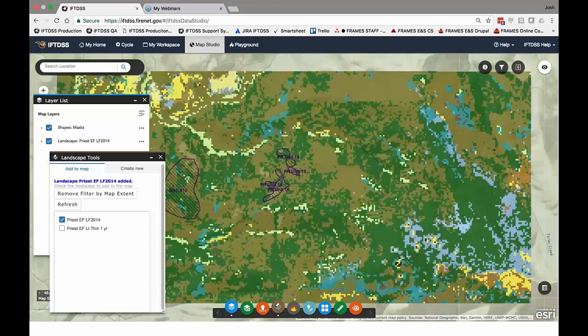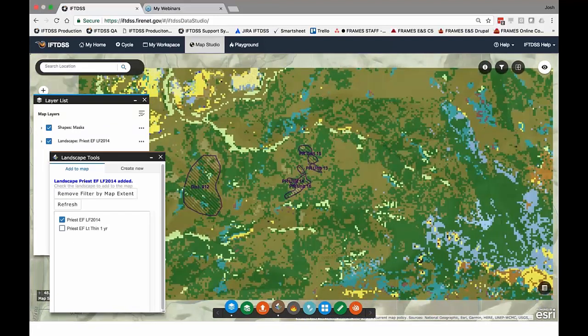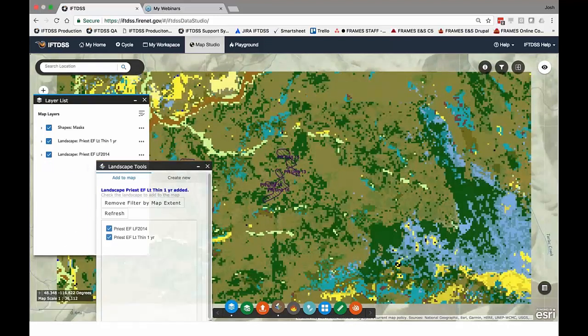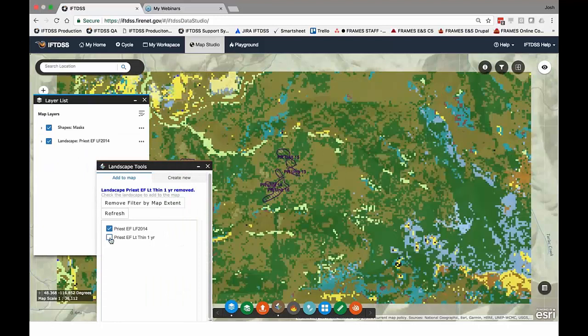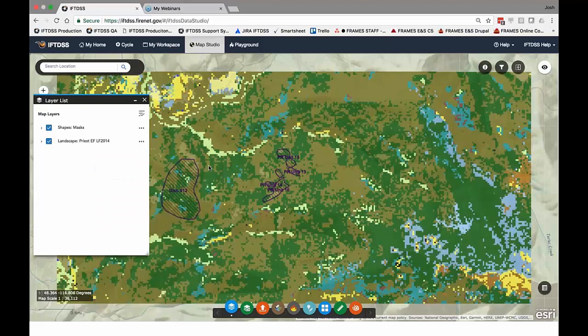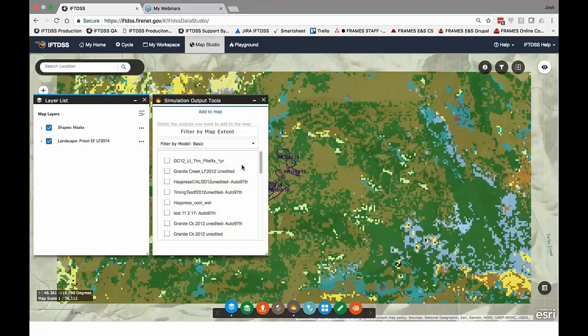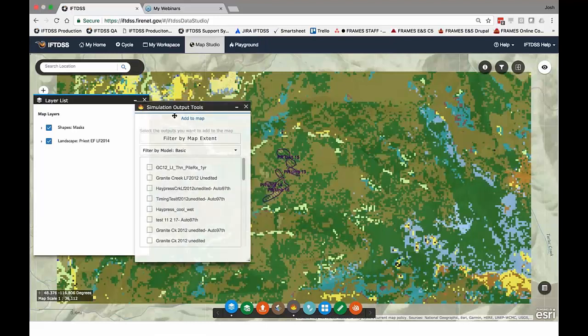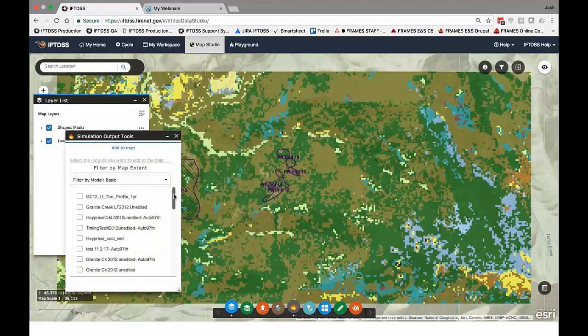And you can see if we had created an edited copy, we could turn that on as well and show up in the layer list. I'll switch that off for now. This same process holds true for the modeling outputs. Those are added to the map using the Simulation Output Tools widget. And if you've created those in Modeling Playground or some other part of IFTDSS and have a bunch in here,